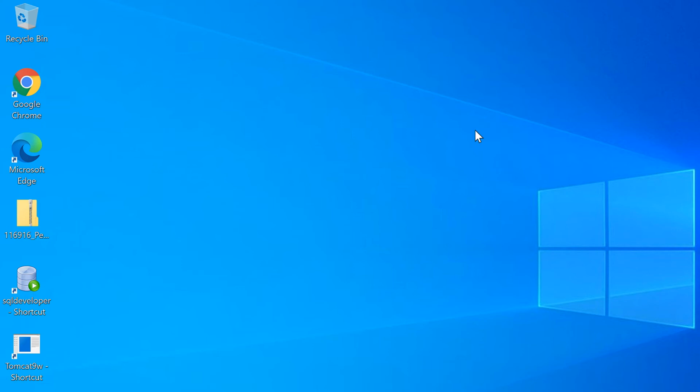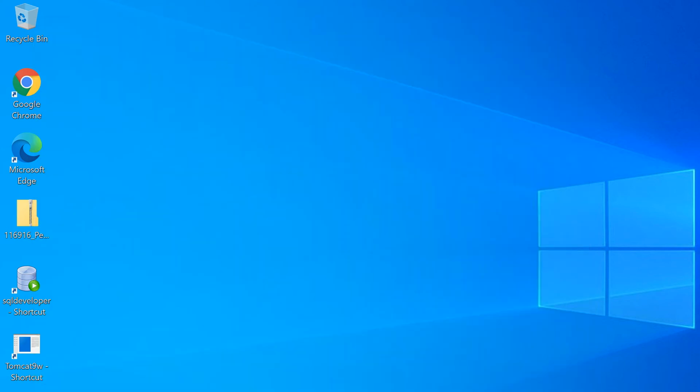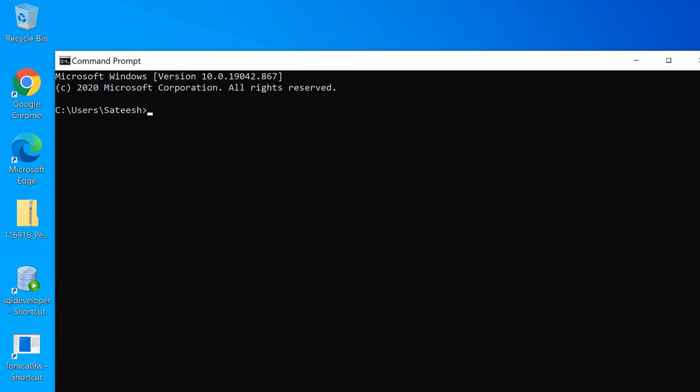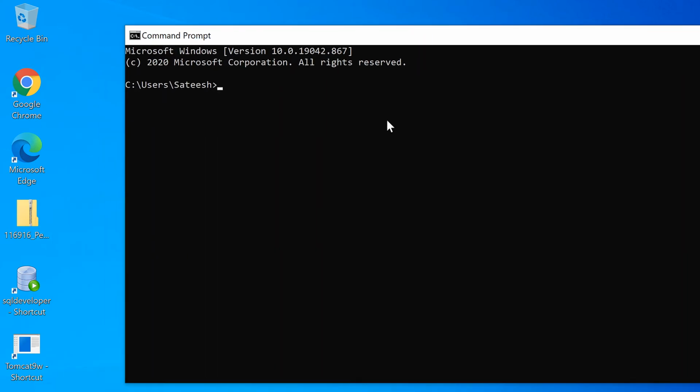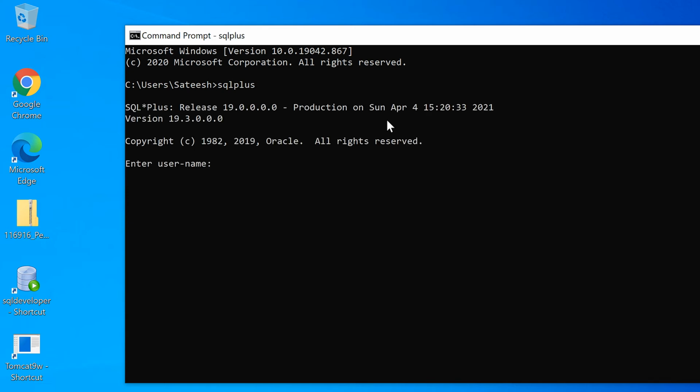Now let's connect to your database from the command prompt. From Windows, you can open your command prompt, and in the command prompt you can type sqlplus. It will ask for the username.